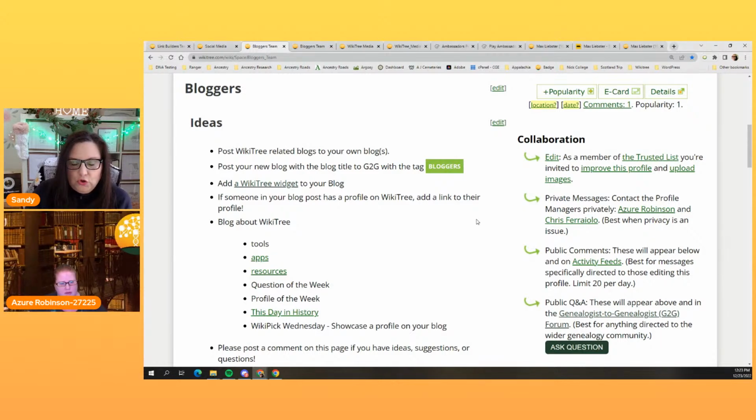I keep saying this, but I think people think the ambassadors group is just one quick, hey, let me join, and I'll just click like every once in a while on Facebook, or maybe I'll share. It is so much more than that. This is really one of the engines that keeps WikiTree free. Yeah, exactly. It's probably the main one.